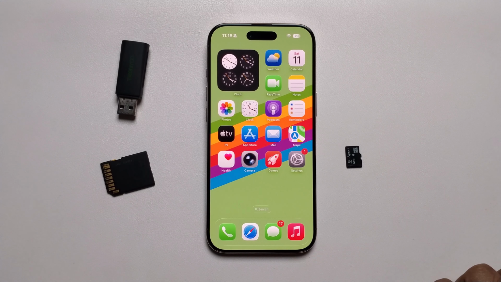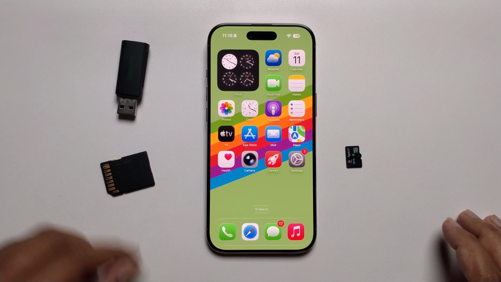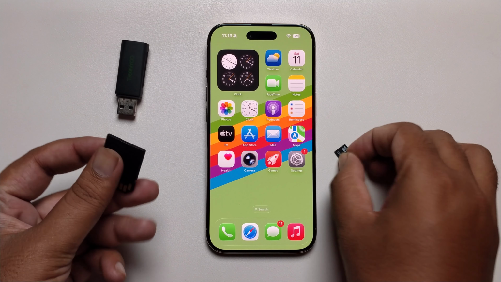Hey guys, today I'm going to show you how to transfer any file, photo or video on your SD card to iPhone, or iPhone to SD card. I'll provide a full guide. I'm just taking two different SD cards,